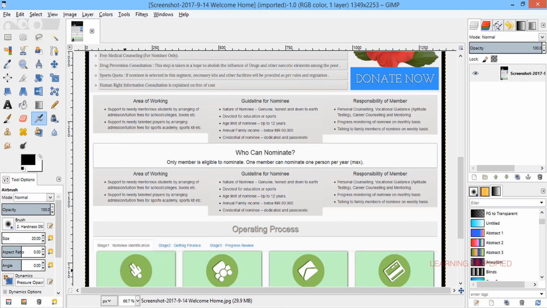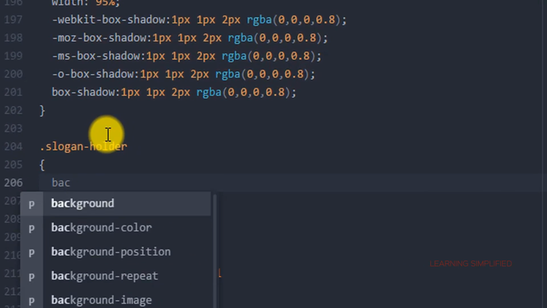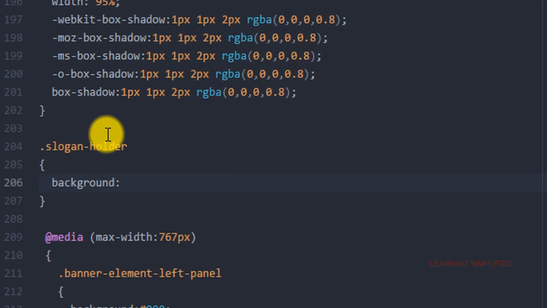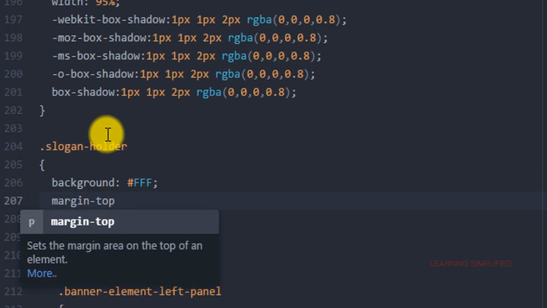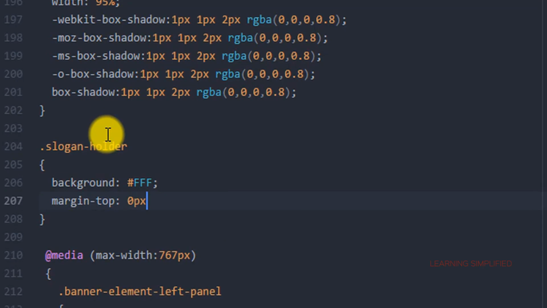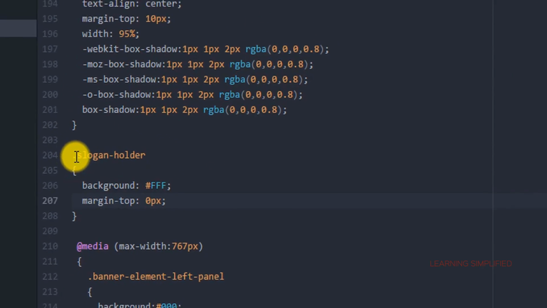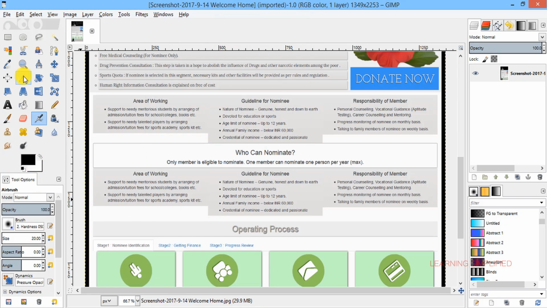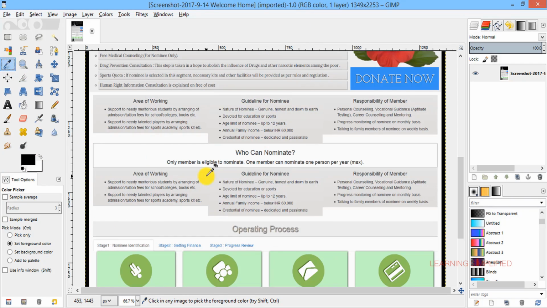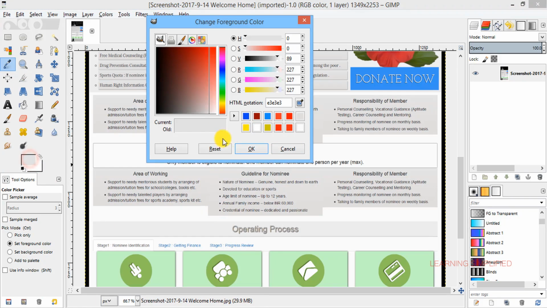So all we need to do is create a background color here, and then we need to create this particular option of margin top. And now let's customize this slogan holder. So all we are going to do is copy this particular color code from here. So that is what we are about to do. Here it is.